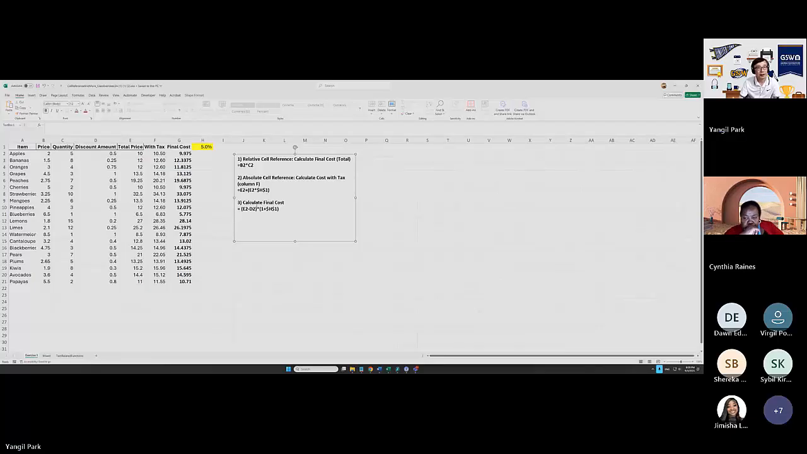And I'm just showing you the calculation steps. But that's the main thing of absolute cell reference: adding a dollar sign so that H1 is fixed all the time. Okay, so that's what happens here. Let me show you